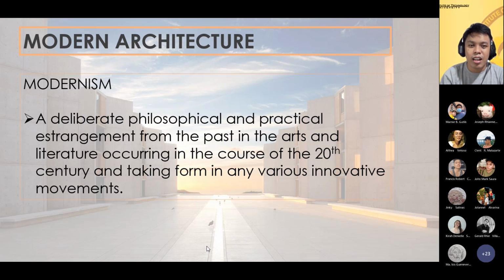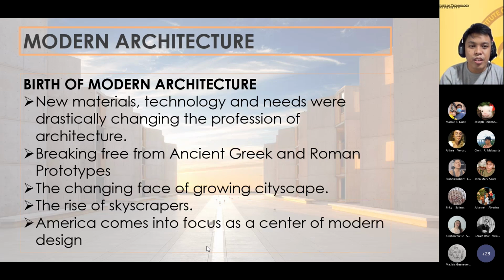But actually, modernism started way before that. So later on, ma-learn na to na siya. So the birth of modern architecture is due to these things. So we have here new materials, technology, and needs were drastically changing the profession of architecture. So before, our needs are mostly on the churches, mostly on the castles, but technology,